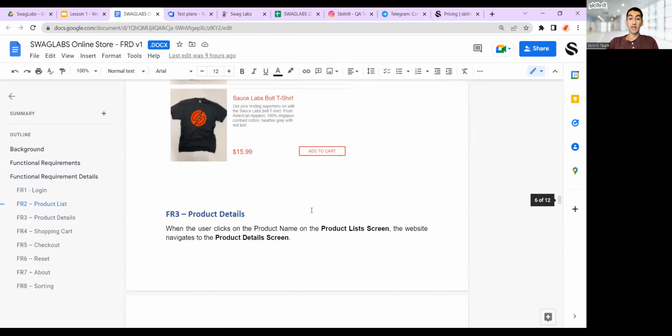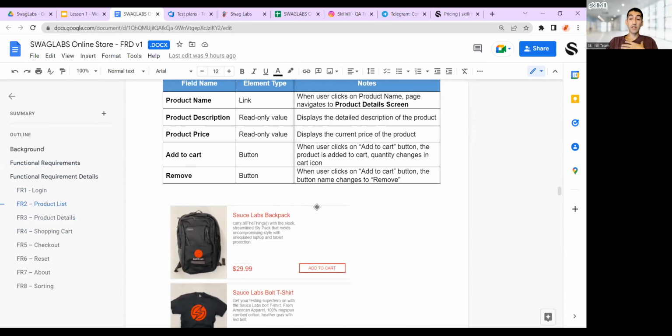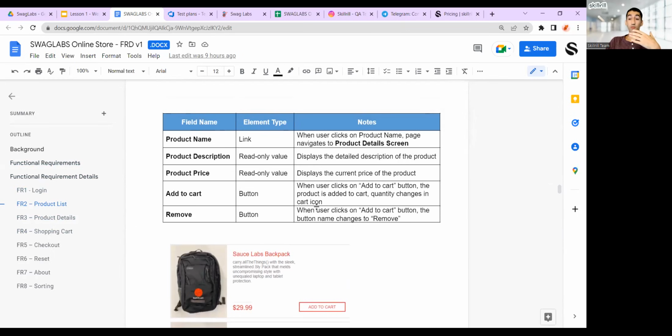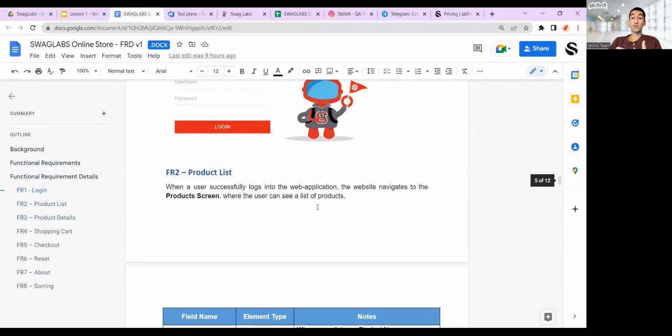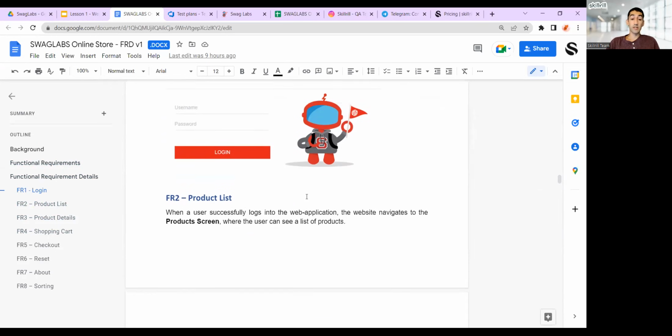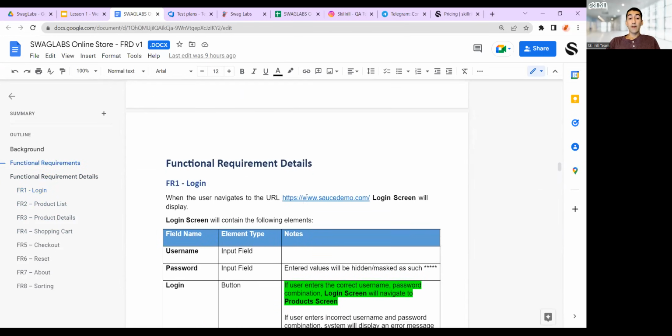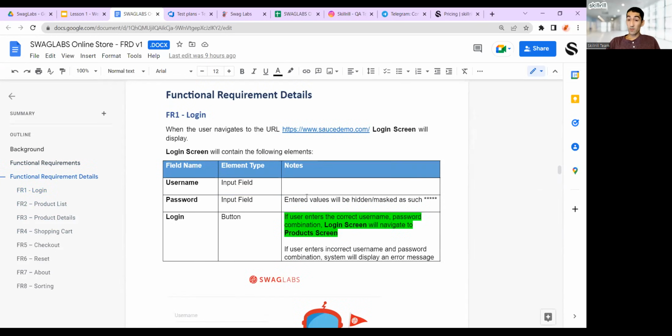Now, as part of our teaching courses, we provide access to those documents to our students so that they can work like in a real work environment, basically, so that they can gain experience. So let's pick requirement number one, which is login,